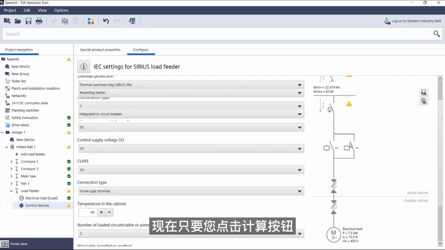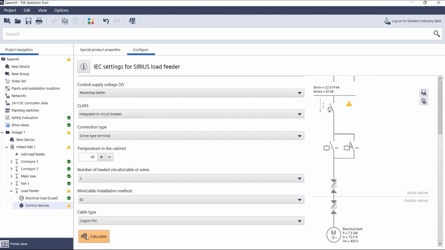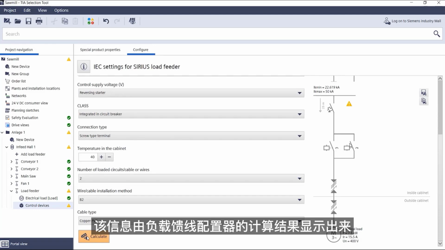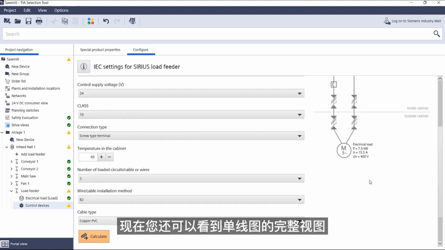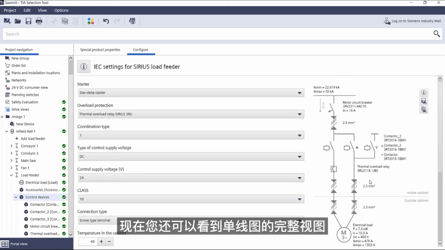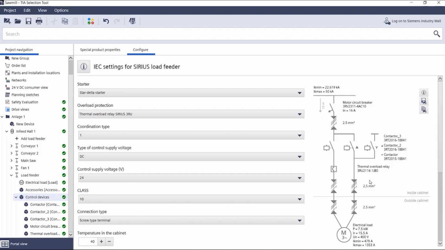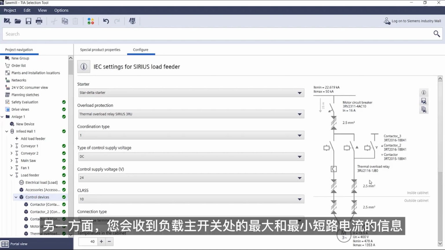Now, as soon as you click the Calculate button, this information is filled with the calculation result of the load feeder configurator. Now you also see the complete view of the single line diagram. On the one hand, you will receive information about short circuit currents, the maximum and minimum short circuit current above the load, that is directly at the main switch,